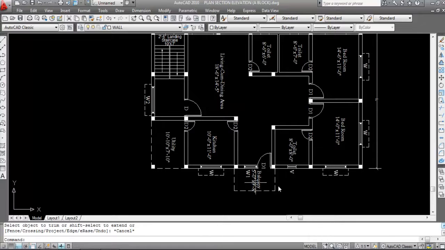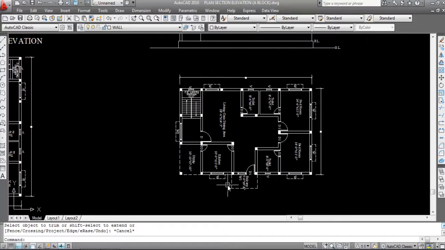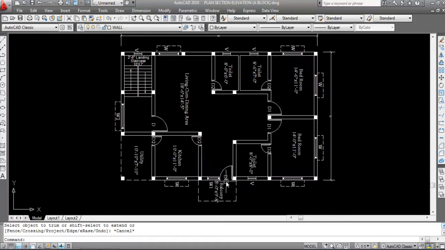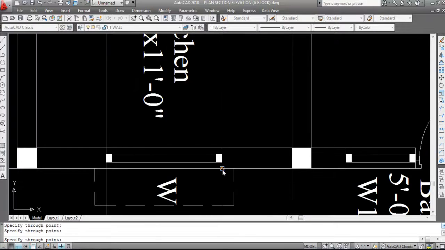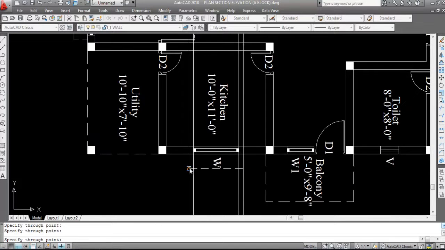So take construction line, XL. This is the balcony. So first we need to make the extended portion of the balcony roof. This is the balcony, this is the window, this is the W1, this is the W. So XL, V for vertical lines. So click on this side, click on this side, again click on this side Jaza, click on this side Jaza,